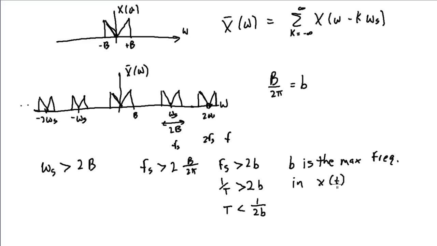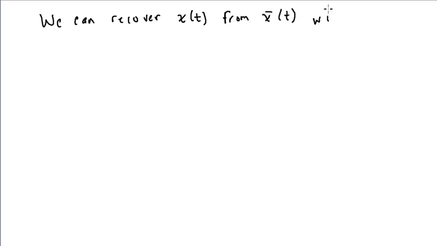So as long as this condition is met and we've got space between the replicas, then I can recover x of t, the original continuous time signal, from its ideally sampled version with a low pass filter